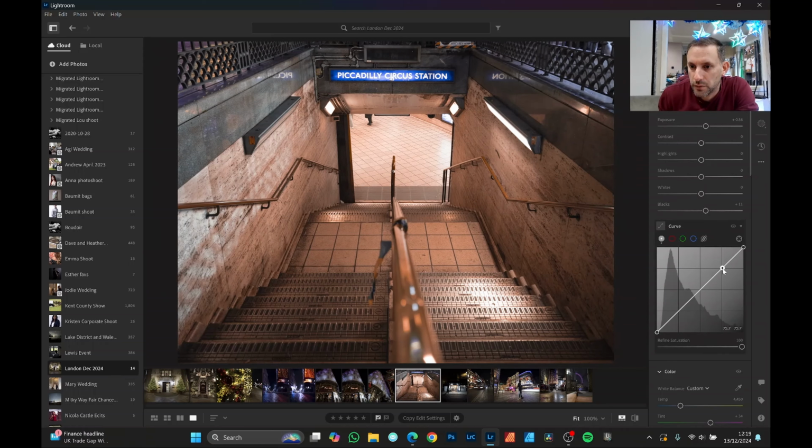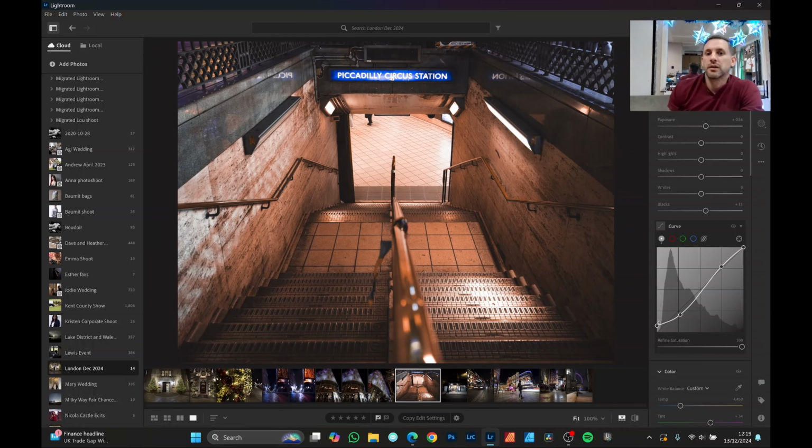Drop in an S-curve just to boost the contrast to a degree. At the same time, that's looking a bit more sort of orangey red now. But I want to bring the shadows up a tad so that I can put blue in the shadows. If we just lift them shadows, and then go to the blue curve, put some points in for highlights, midtones, and shadows, and then just pull this shadow up a bit so that there's a blue hue. So that's already added the